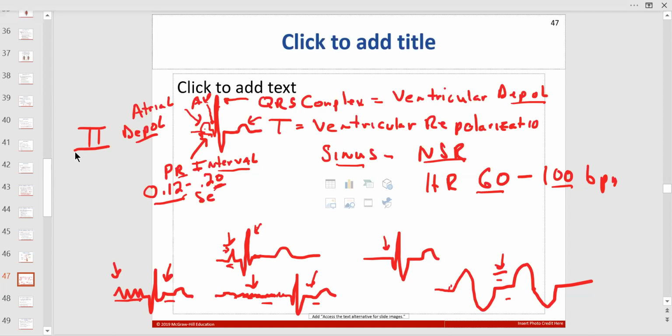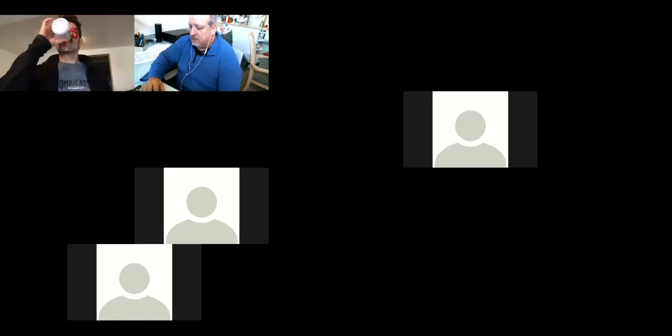And you learn this in lecture. You know that the pace starts in the SA node, then goes to the atrial cells, then goes to the AV node, to the AV bundle of His, bundle branches, to the Purkinje cells. So that's basically the electrical part. Now, don't forget,